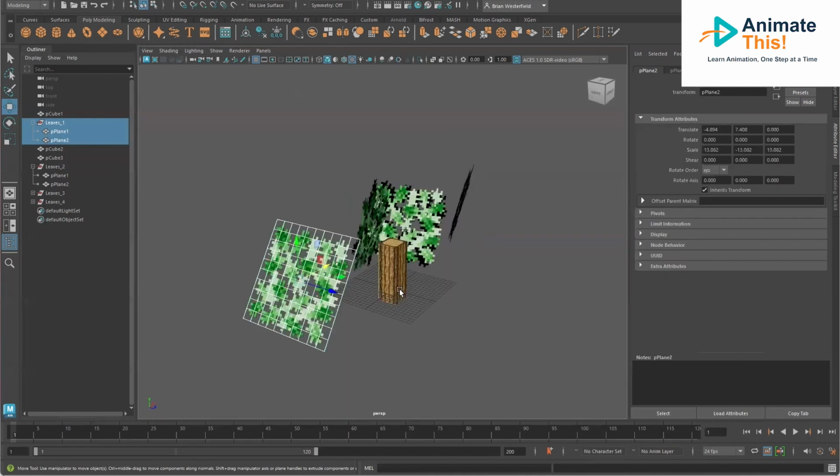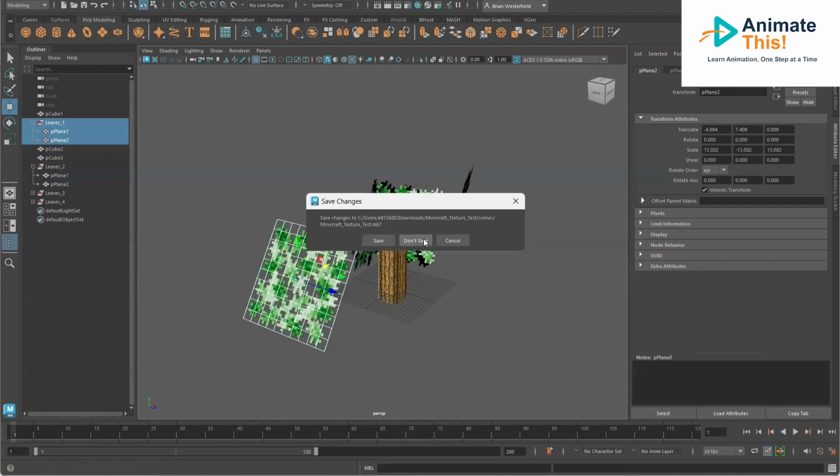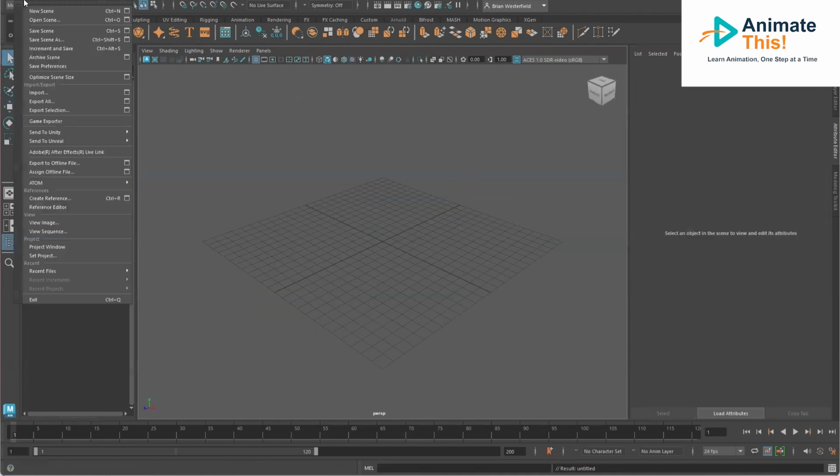And again, this is a real basic video on textures because we are simply working with planes and cubes and the settings for the textures to be applied. So what I'm going to go ahead and do is go to File, New Scene. I'm going to tell them not to save this one. I'm going to go to File, Project Window,